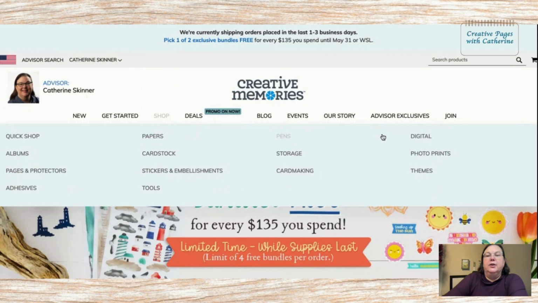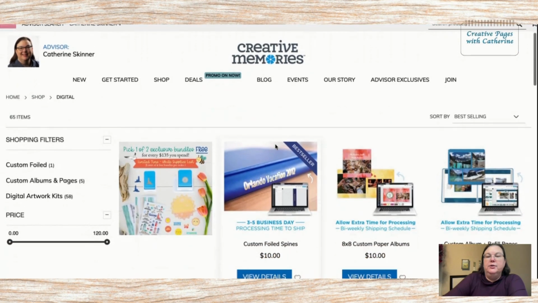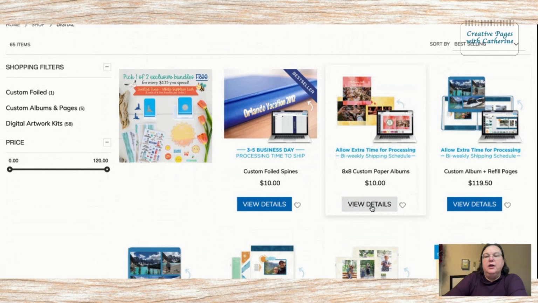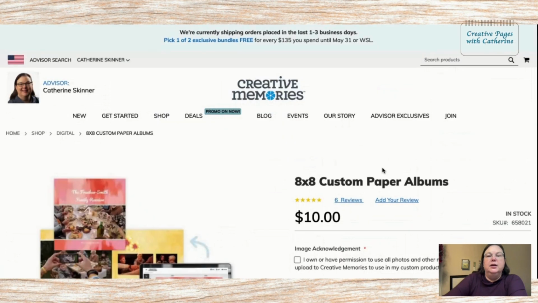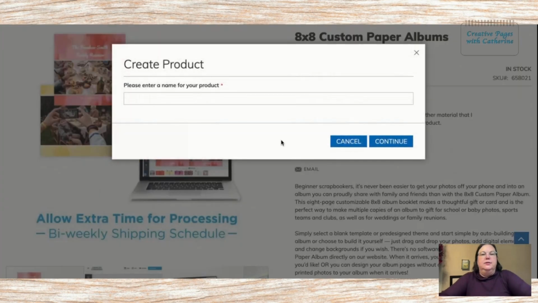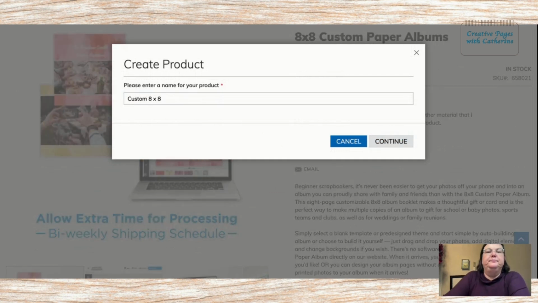I'm going to go ahead and go over here to Digital Dough right above Photo Prints. And I want to show you all quickly about our 8x8 custom paper albums, because this is another option we do have on our website to create a digital product. And I want to show you that it's the same. Give it a name, hit your continue button,